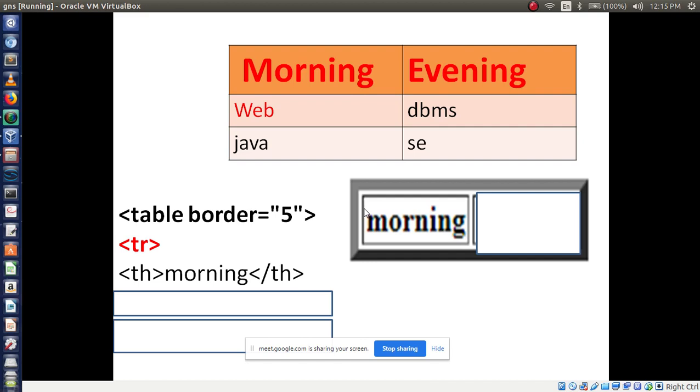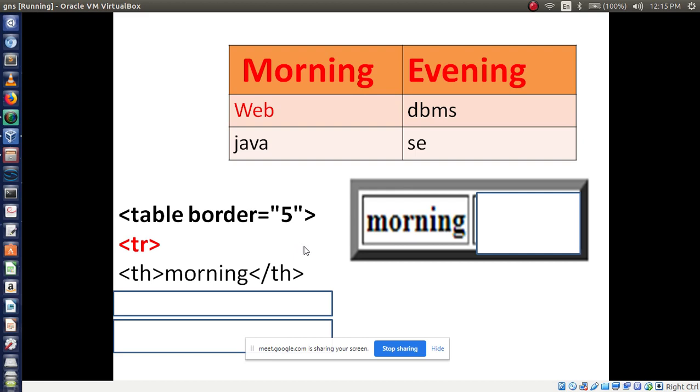We are creating the first row, then we are creating the first table head. Okay, then I want to write evening. How to write evening? Evening belongs to the same row, right? Evening is under the same row, so in the same tr tag we have to write evening. Can anybody tell how to write evening?